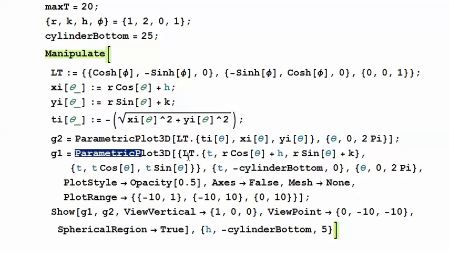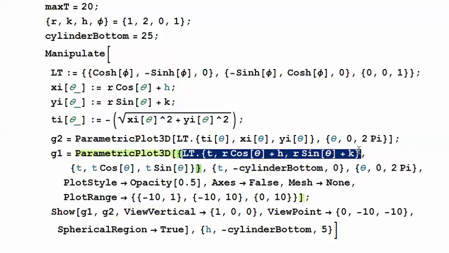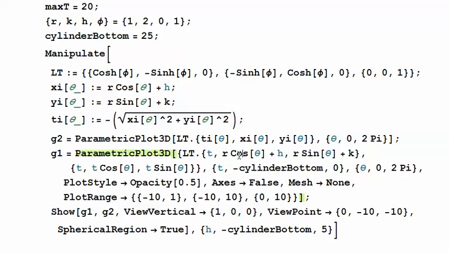Okay, this is actually two different plots. It's doing the Lorentz transformation of this, which is the Lorentz transformation of the cylinder. Notice the radius is unchanging here. The x variable is just r cosine theta. The y variable is r sine theta. On the other hand, this part is the